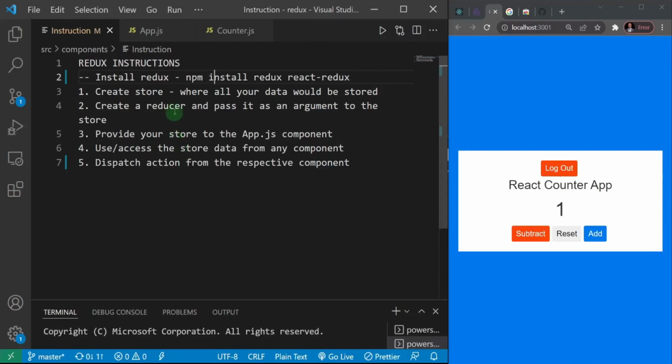So of course, the first thing you need to do is install Redux, because Redux is an external package that you need to install on top of React. And so we're going to do that with this instruction, npm install redux, then react-redux. So let me grab that. I'll just copy that, and I'll come here to my